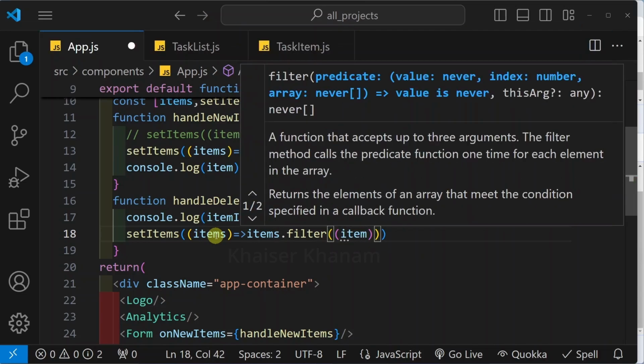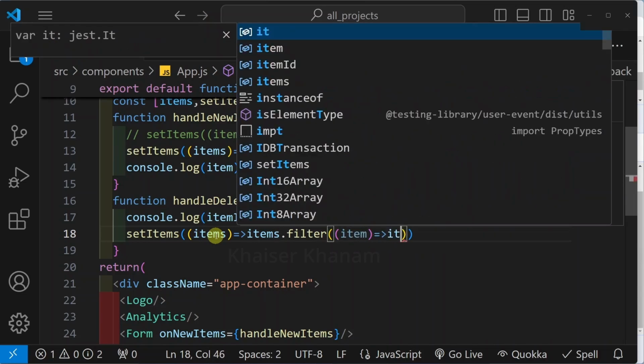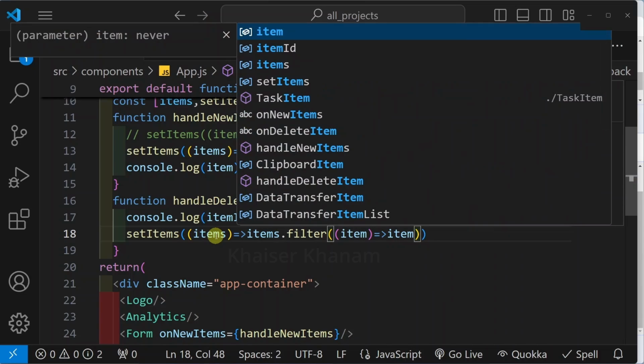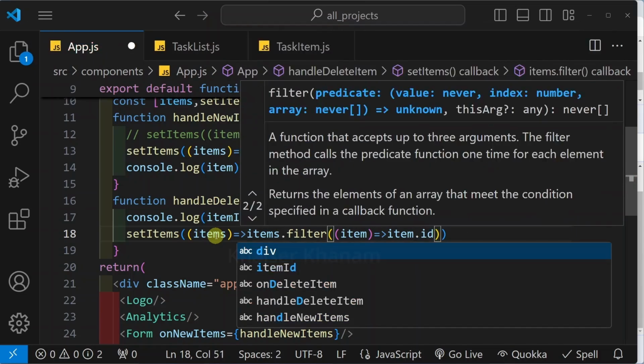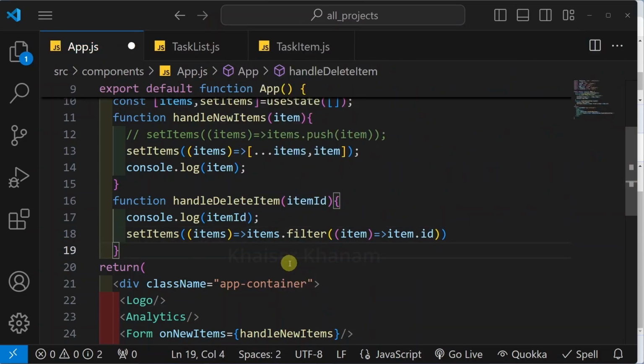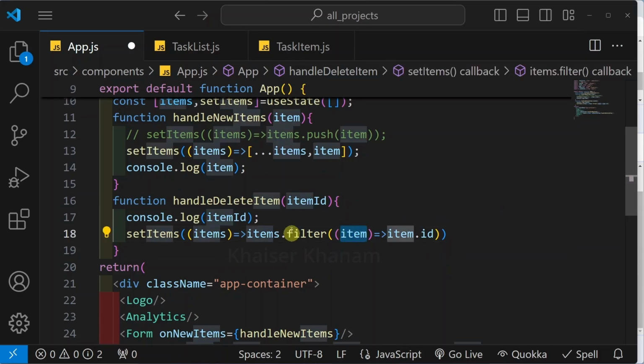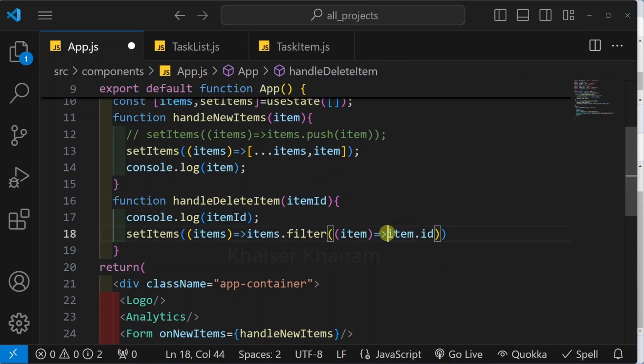I will write item, and here I am just going to check for the condition. If my item.id, so suppose imagine I am having multiple objects. First time it will be the first object, and for that object it is going to check for the ID. If that ID is not equal to whatever ID I have clicked,